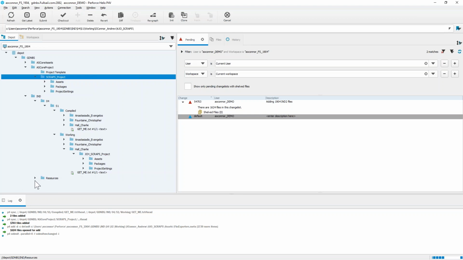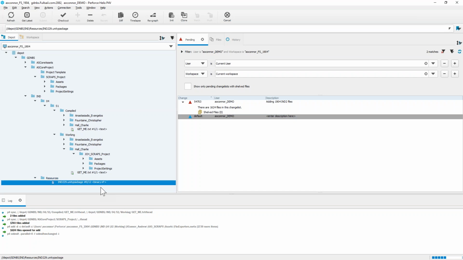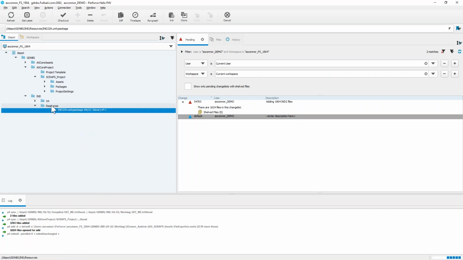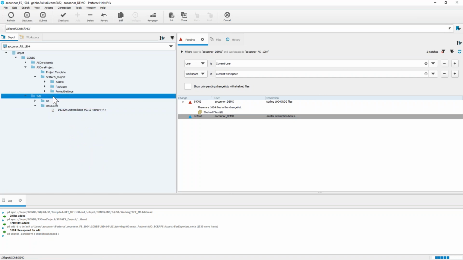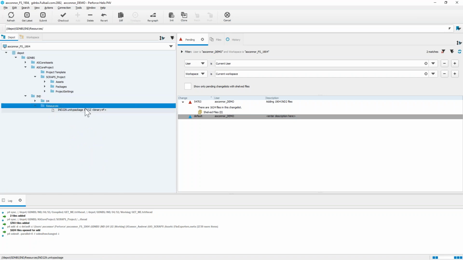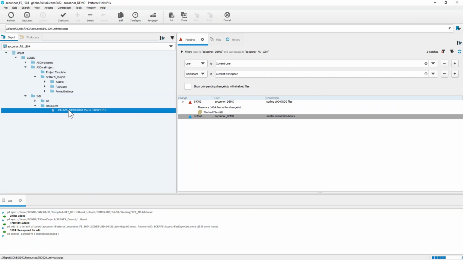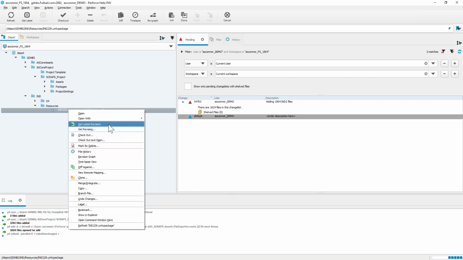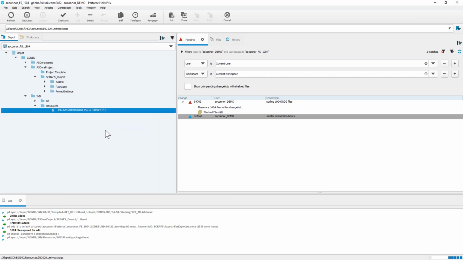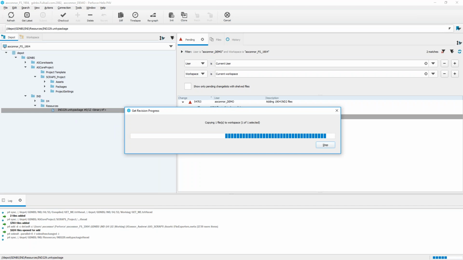It looks like the submission is still happening. Let's see if it lets me do another action at the same time. So the next thing we're going to need is in the resources folder, right? So inside the IND is the resources. This is the package for this course specifically. So I'm going to go ahead and get latest revision, and it's going to copy this Unity package to my workspace, right? And we're going to import that into